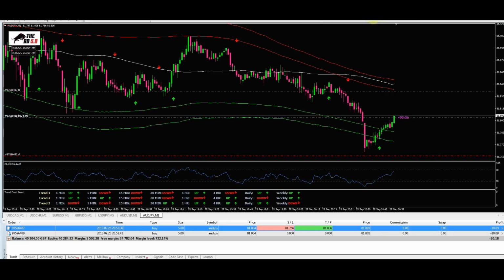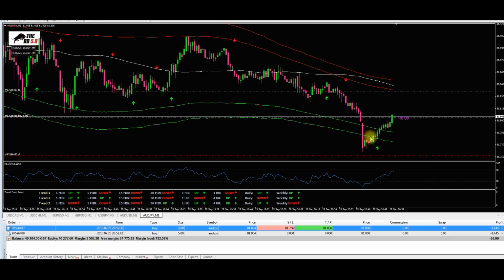But again, I got into this trade a little bit late. But the main thing is, what I'm showing you is stop loss below the bottom of the zone, take profit at the top of the zone. Okay, and that's it. We're currently, well, we're going into profit. Okay,